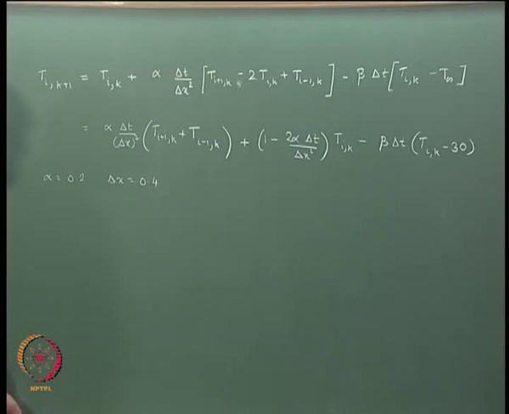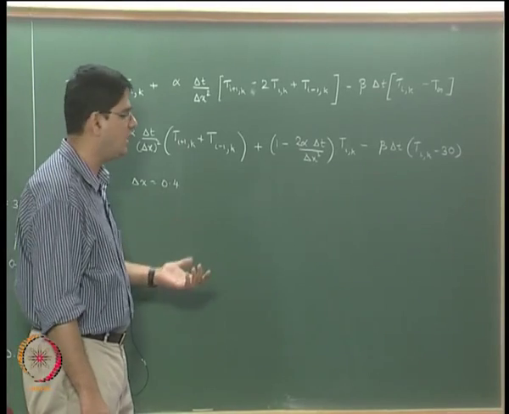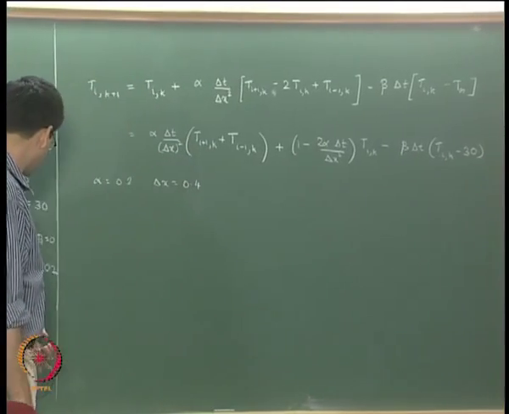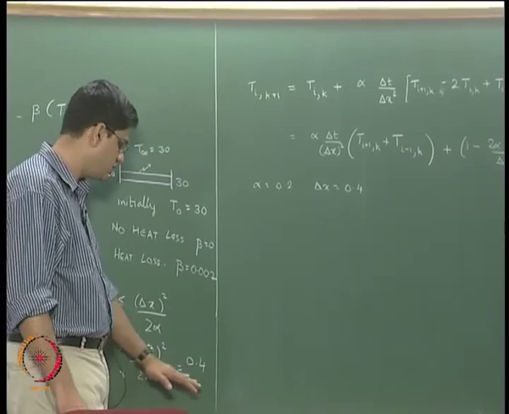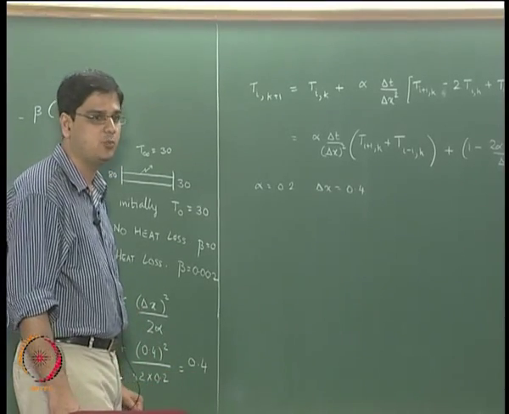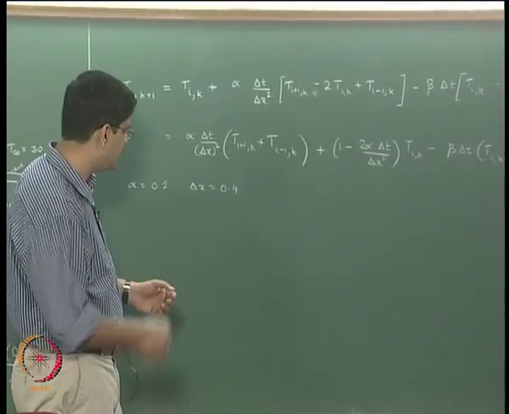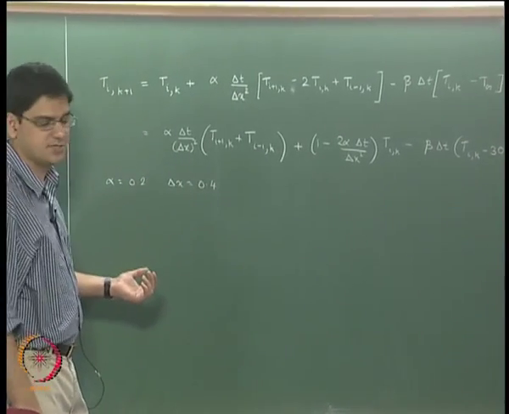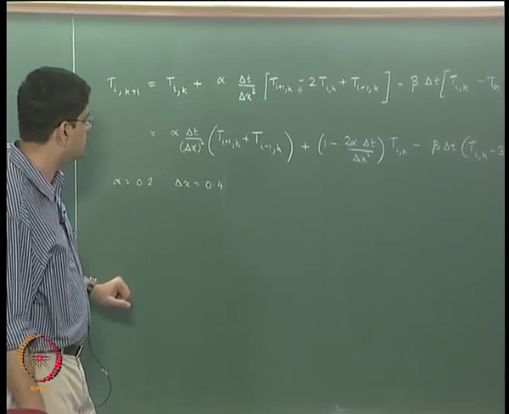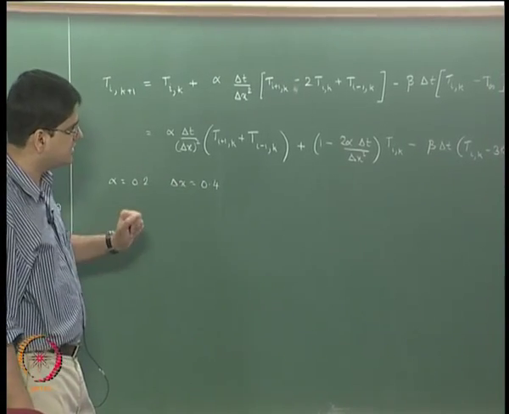So, these are the conditions for which we are going to use Microsoft Excel in order to solve this problem. We will take delta t equal to 0.1 and then we will take delta t equal to 1. For delta t equal to 0.1, we will show that the overall scheme is going to be stable because delta t has to be less than 0.4. For the choice of delta t equal to 1, we will show that the scheme is overall going to be unstable. Okay.